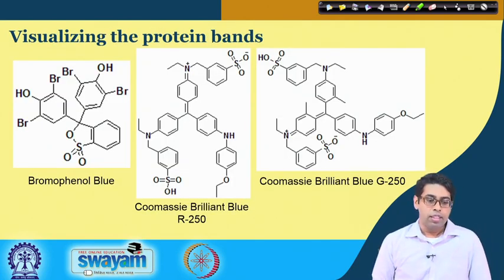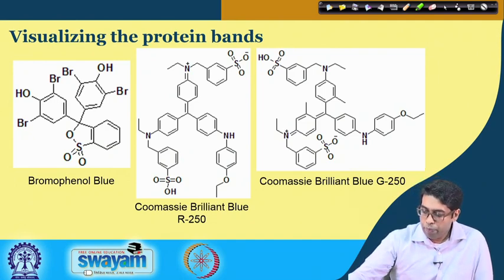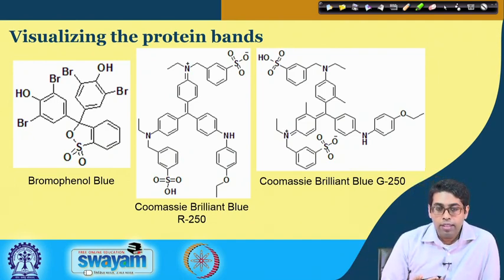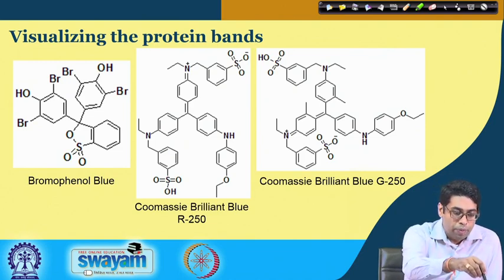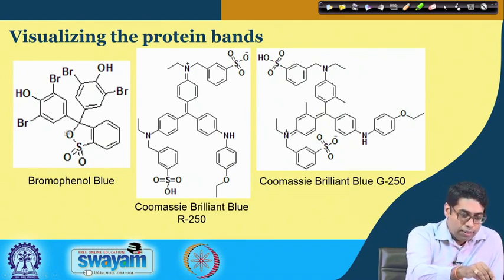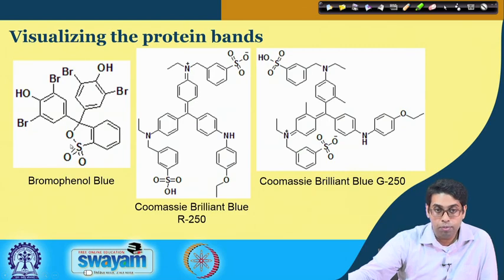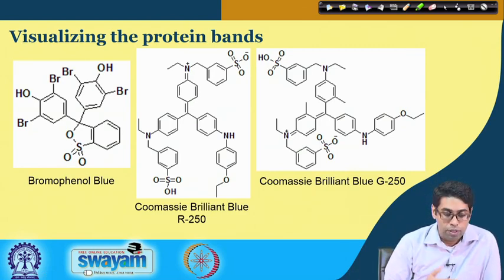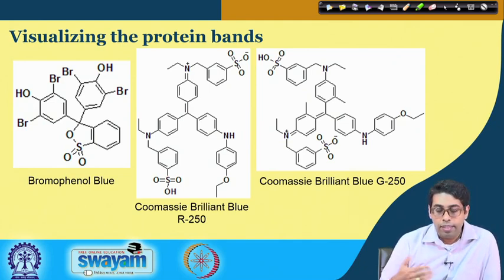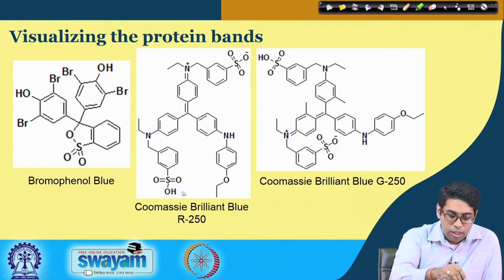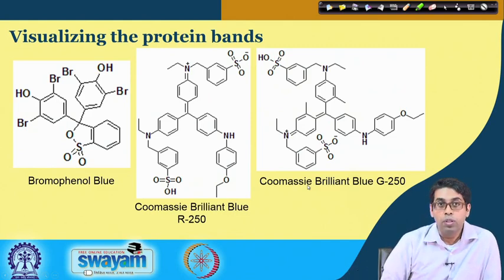So, once the gel is run, we need to visualize the proteins. While the gel is running, all of these are colorless, so we do not see anything. In order to ensure that we know when running the gel is complete, a tracking dye is added, typically bromophenol blue. It has negative charge and it has very high electrophoretic mobility. So, it runs the fastest, and once this tracking dye reaches the bottom of the gel, we know our gel electrophoresis is done. And later on, to stain the proteins, typically one of these two molecules or a mixture of them, Coomassie brilliant blue, is used.